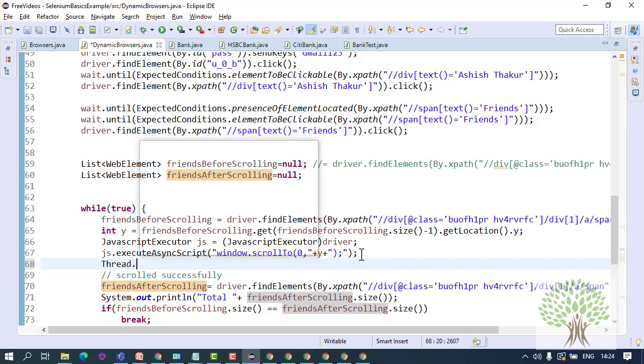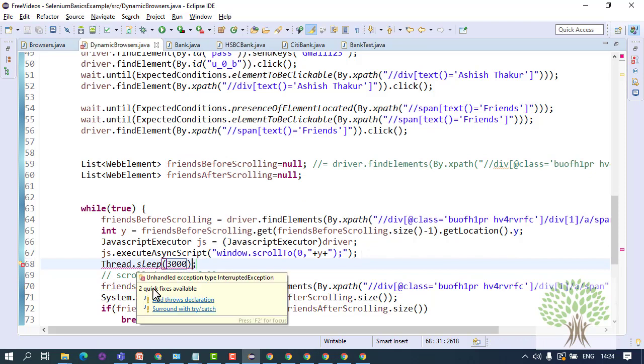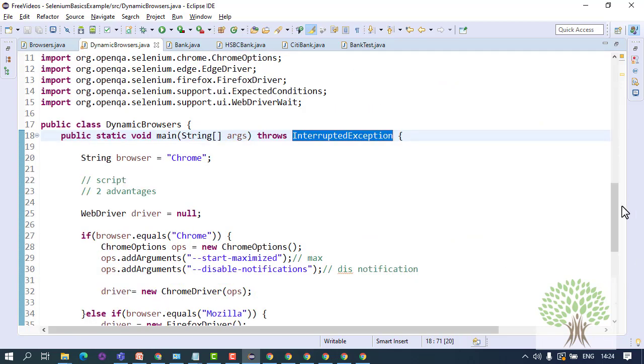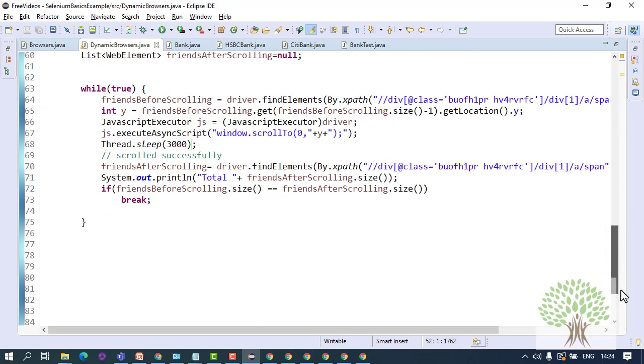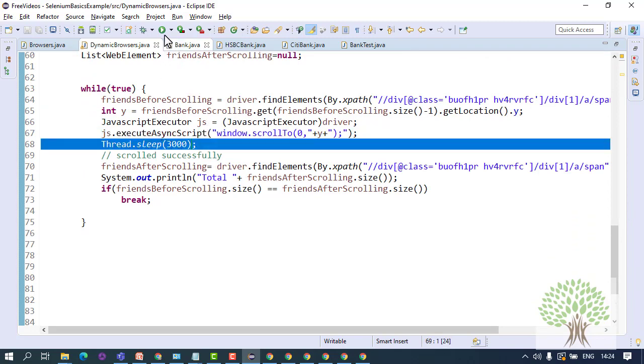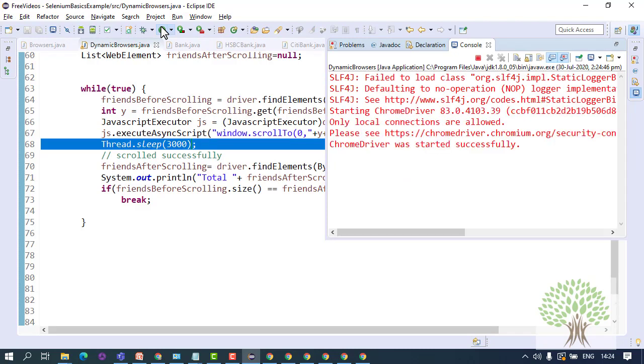So I'll just put thread.sleep for 3 seconds. You can put explicit wait as well, or you can put thread.sleep once or twice. If you use it, it doesn't make a big difference. Alright, so after scrolling down, I'll wait for the new list to come up for 3 seconds, and when you run this code,